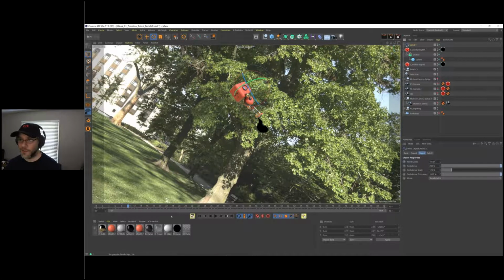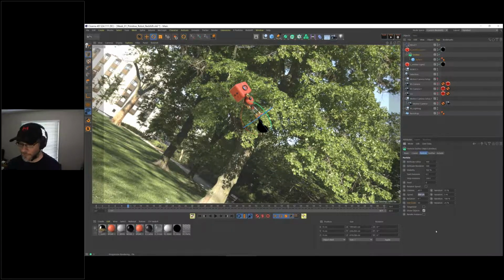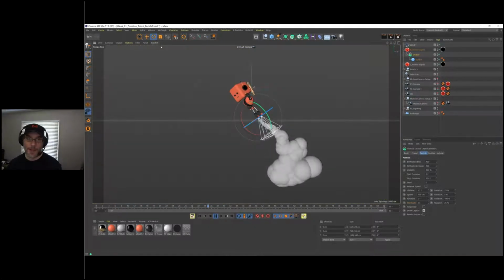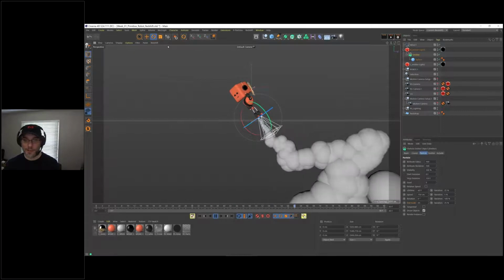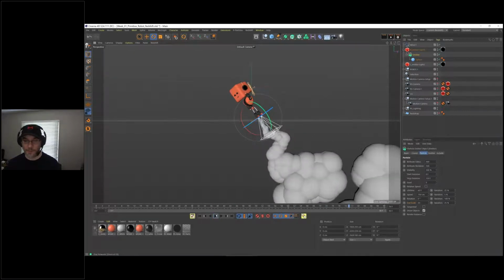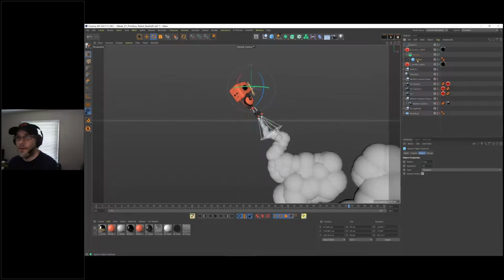So let's increase the speed because they're all pretty close together. I'm going to go to speed and say whatever, 750, rewind and play. And Redshift is still rendering, so let's stop the IPR so we can see that. And now imagine each sphere is like a puff of smoke, right? To actually make that look like a puff of smoke, what you need to do for Redshift is, instead of